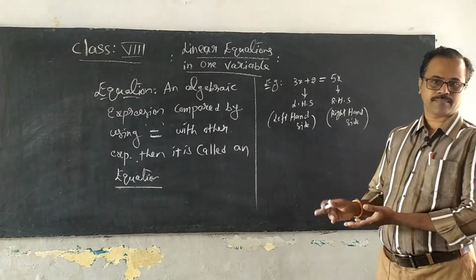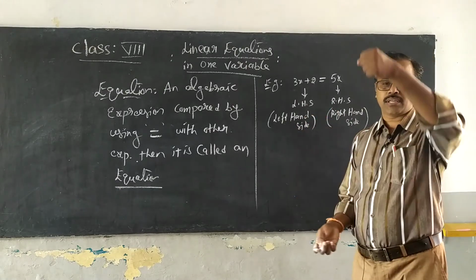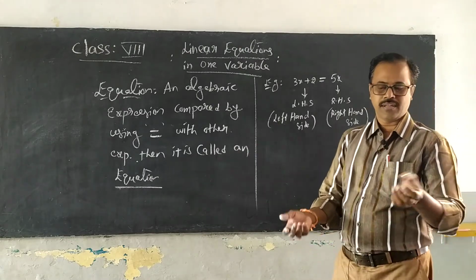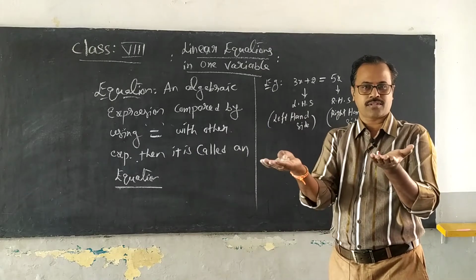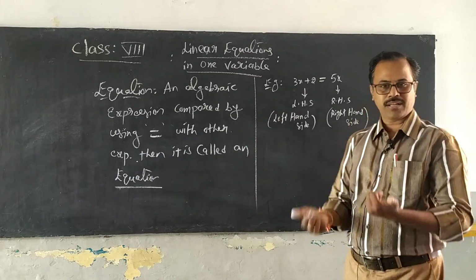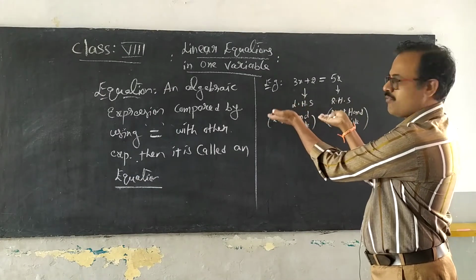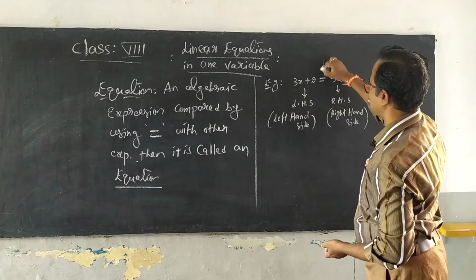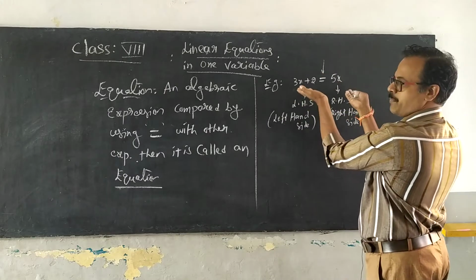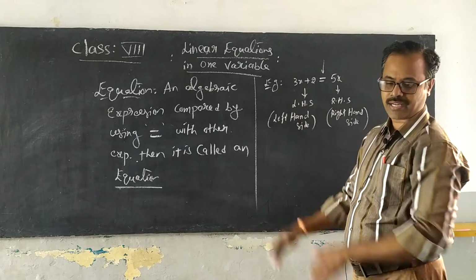Okay, you must be very clear. An equation always has to be balanced on both sides. When you see a balancing system in markets or in gold shops, everywhere, they make the two pans on the two sides balanced. Only then they consider that the two weights are equal. Similarly, in mathematics also, an equation is nothing but a balancing system where you can see two pans, and this one is a leveling position which you catch there. Okay, this is the leveling position, these two are the pans, and they must be equal at all times.